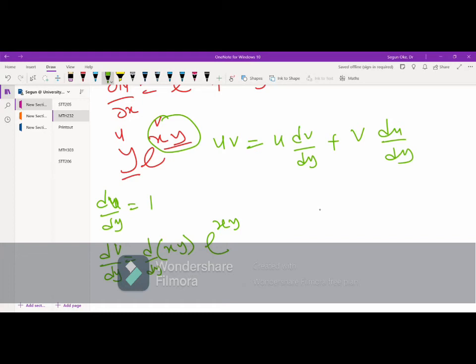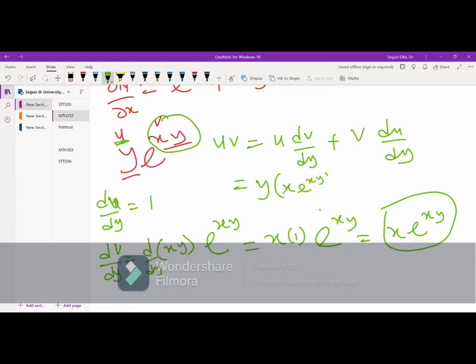Charles. Yes, sir. Now differentiate this one with respect to y. If I'm differentiating this with respect to y, I will have x into 1, right? Exponential xy. The final answer will be x exponential xy. And that was what I did. Don't forget, this is the v. Substitute everything back to this equation. What is u? My u is y. What is my dv/dy? It is x